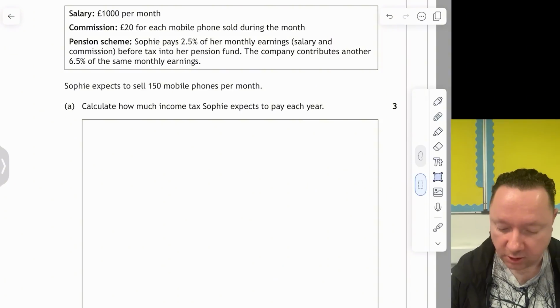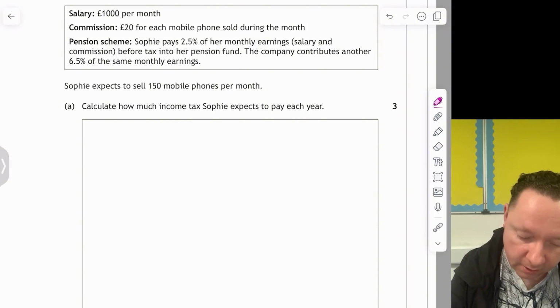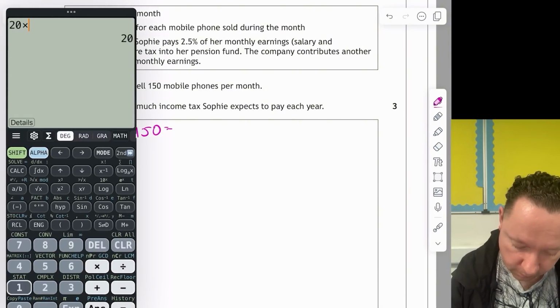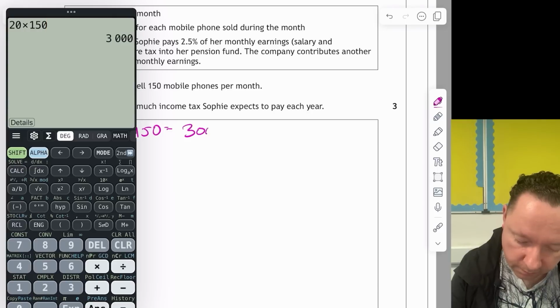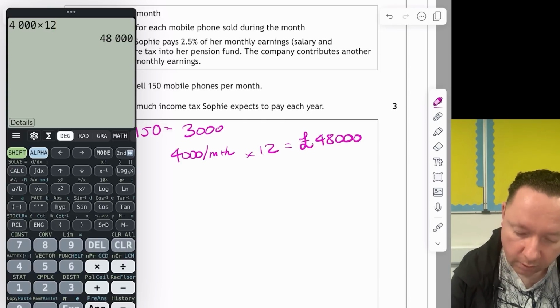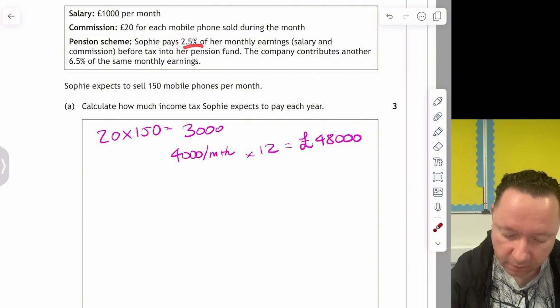Calculate the income tax she pays each year. So let's work out our salary first per month. 150 phones, so that's 20 times 150, which is 3,000. So that means she earns 4,000 per month. Times that by 12. That's 48,000. Now, we do not work out our tax on 48,000 though, because it says she gets pension of